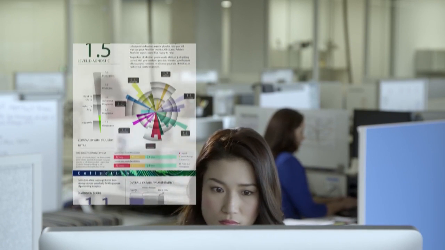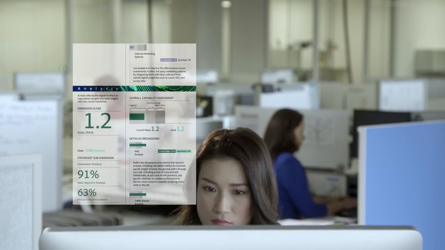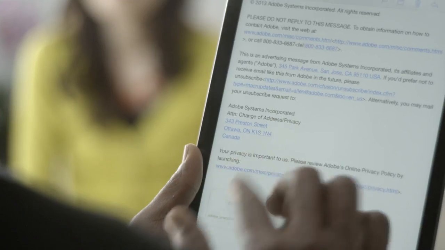The results of the assessment are automatically sent to you via email, so you can study your organization's maturity in greater detail and share your perspective with your colleagues. Each data point is presented in the context of benchmark data, which makes it easy for you and your boss to see how you stack up against other organizations similar to yours.